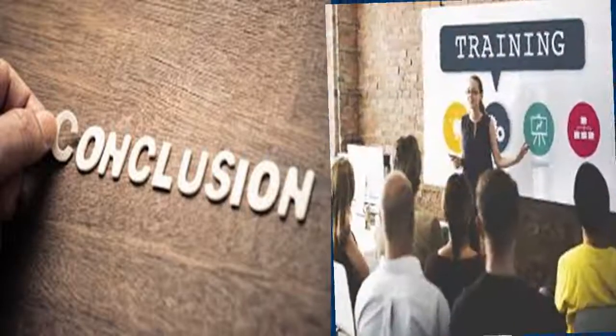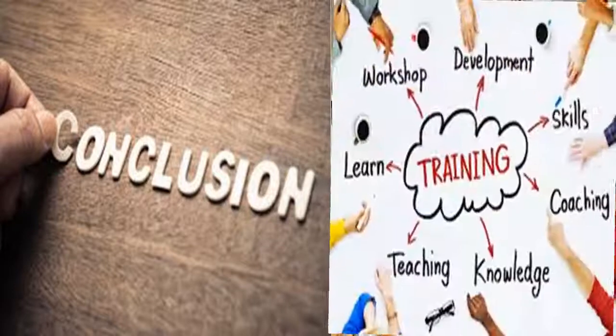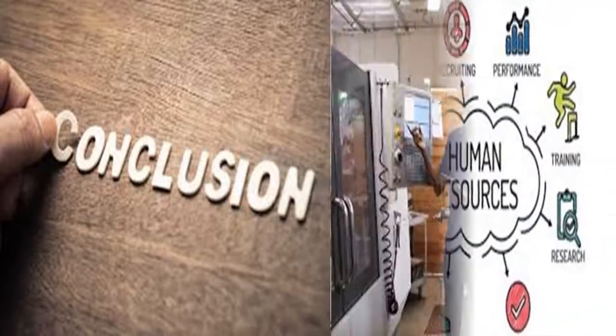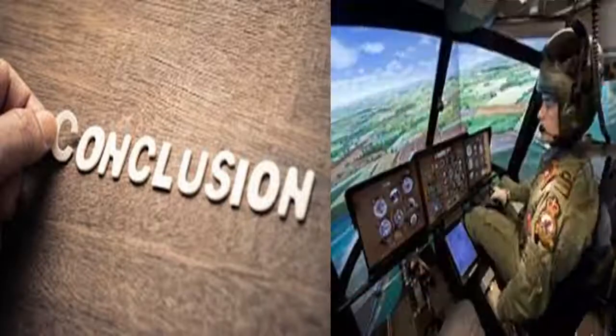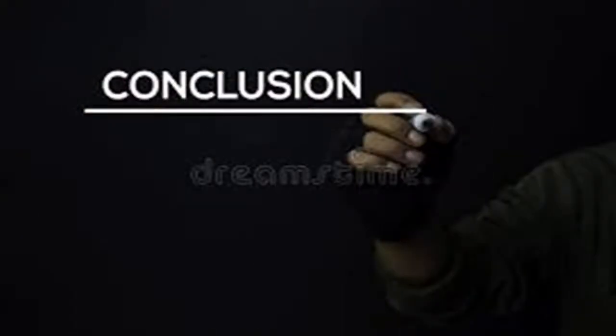Yes, we have come to the conclusion part. This is a very interesting lesson. We learned many new concepts, like what we mean by training, the purpose and need for training, the various steps designed to train persons, training methods, on-the-job training and off-the-job training, the differences between them, and who the beneficiaries of training are: the organization, the employee as well as the customer. I hope you have understood all these concepts very clearly.